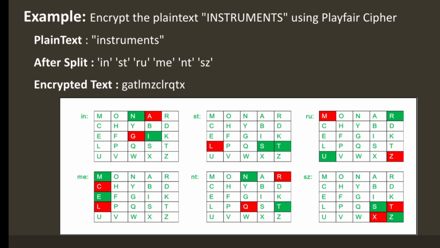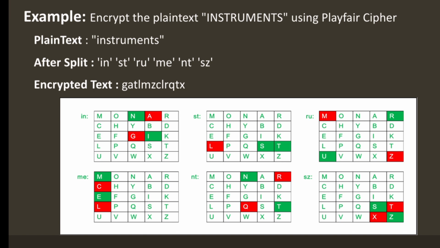Here is the example for Playfair cipher. The example is: encrypt the plain text instruments using the Playfair cipher. Firstly, we will consider the given plain text, that is instruments. Then as we saw in the algorithm part, we have to split the word into pairs of letters. After the plain text we have shown the splitting of the letters into pairs, and then the image in this slide shows the methodology to solve